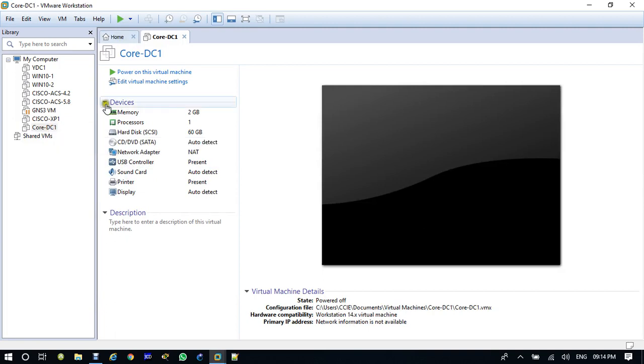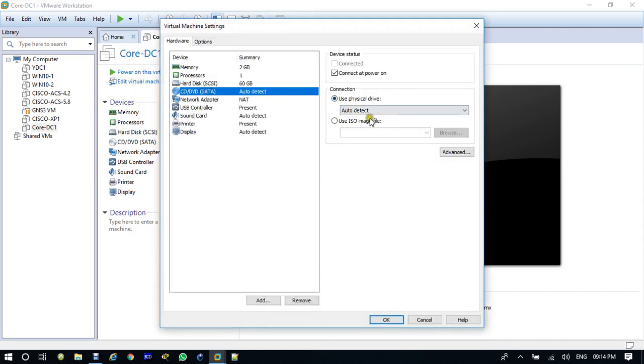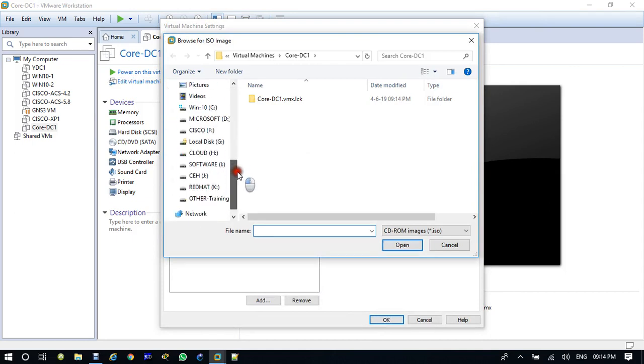Now we came here, Core server. Then we'll edit the virtual machine. Here we'll go to DVD and select the Server 2012 or 2016 ISO file.